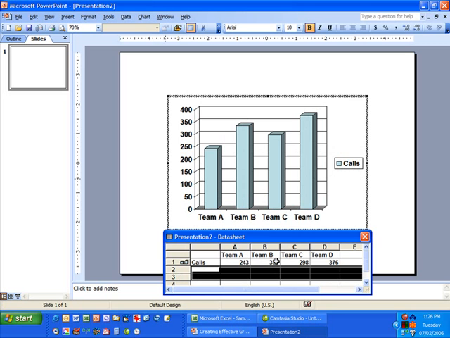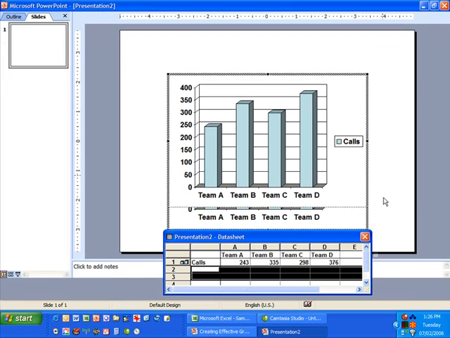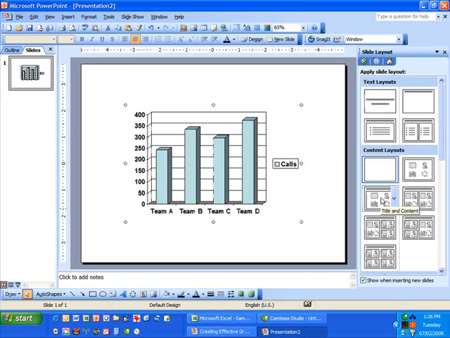Okay, so that's the basics of how we get a chart on the slide, how we get the data set up properly. Now when you're done formatting your chart, you click outside of the chart area and PowerPoint closes the data sheet and shows you the chart on the slide. At this point, you can now size this chart. So for example, if you wanted it to take up the entire slide, you could just grab one of the corner handles, the sizing handles, the little white dots,